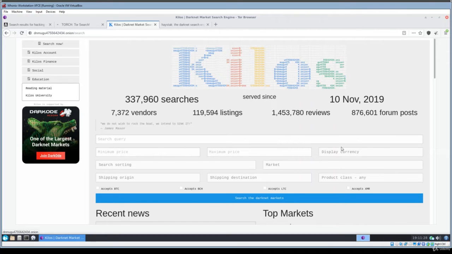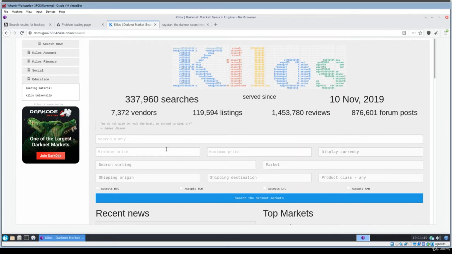This is a search engine or a directory. Maybe it's a directory, but it is for searching Darknet marketplaces and their offerings. Primarily, people use it to access illegal activities like drugs and all.